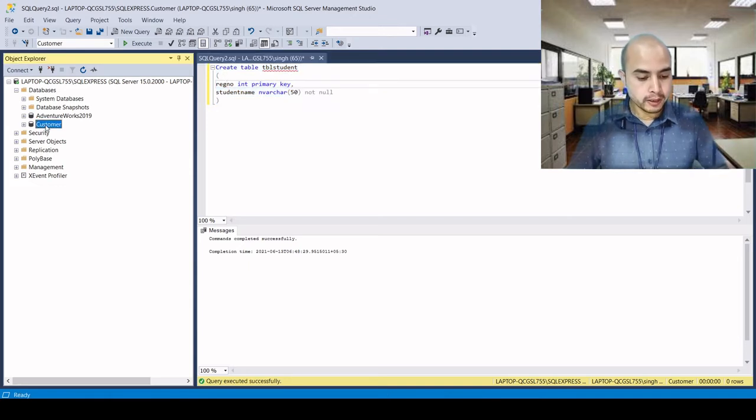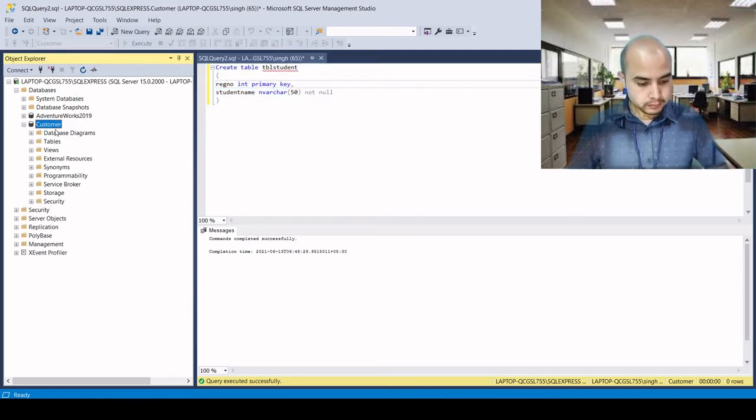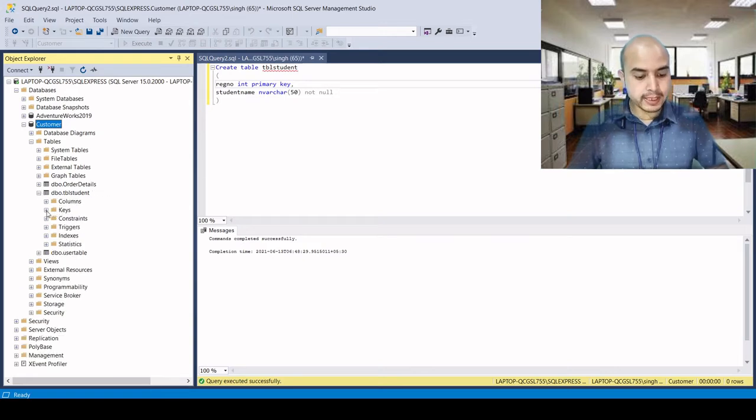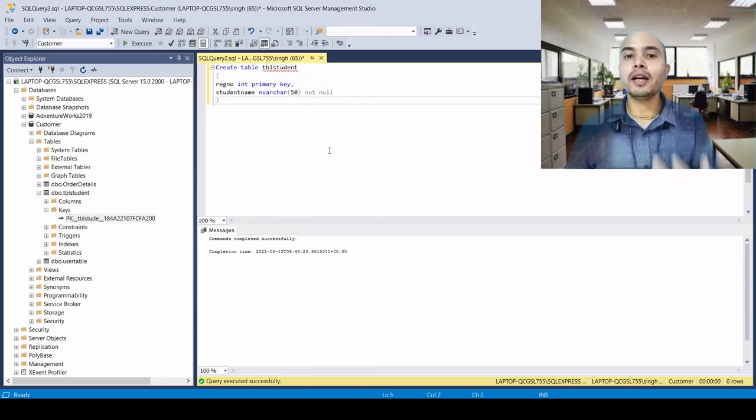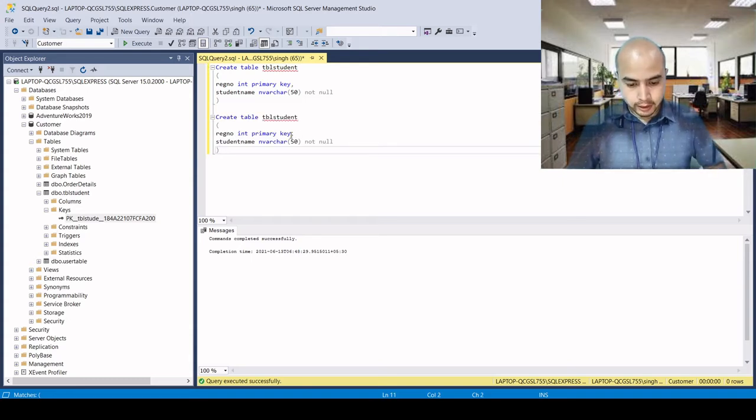Let's look into the table. Here we have the table TBL student, and you can see the primary key. When you click on the plus sign before the keys, you will find the primary key in it. And did you notice that the primary key name is taken by the system itself, by SQL Server itself? So can you create a user defined primary key? Definitely you can. So I'll create a new table where I'll create a primary key,